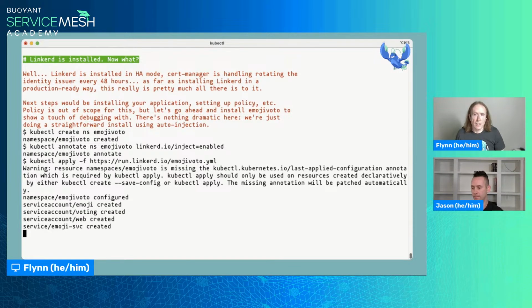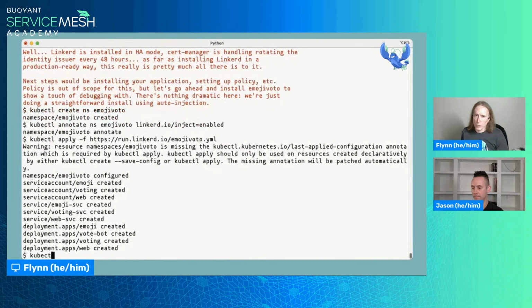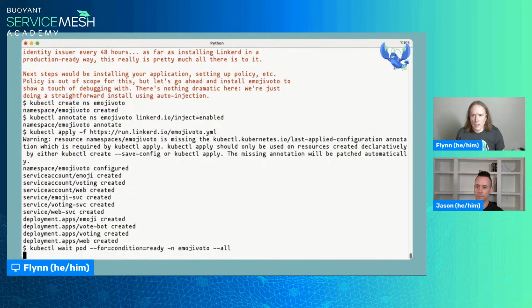That error message is really just complaining that we haven't applied that particular set of resources before. I would love to find a good way to make that go away. All right, let's wait for Emojivoto to be ready, which should be fairly quick. Should.